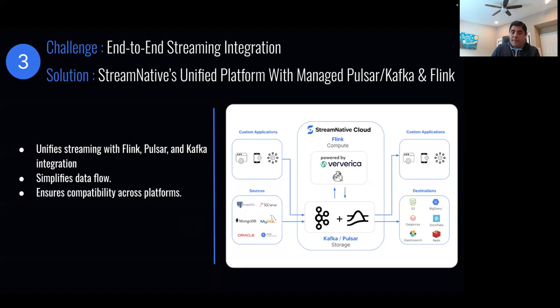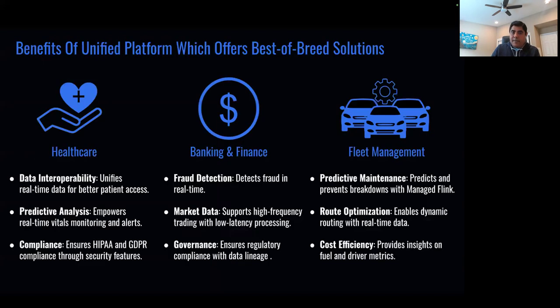Different types of industries have different challenges as they explore a data platform. While they understand they will not find all the capabilities in one vendor, they're looking for ways to at least unify them and come up with a solution very quickly. So Ben, anything you want to share about what you're hearing from customers or enterprises?